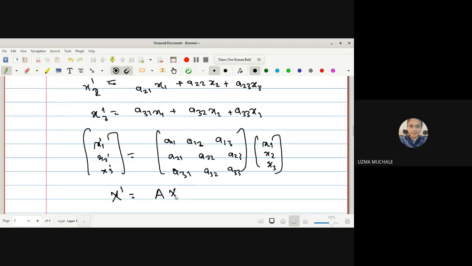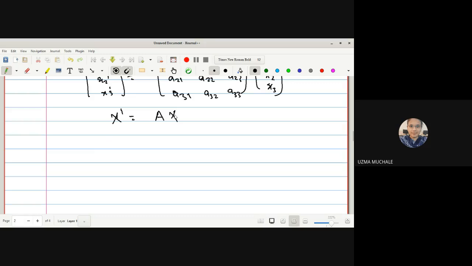What is A? A is a transformation matrix. What is a transformation? It is a transformation from x to x dash. So if I want to find out x dash, I must know what is x and this transformation matrix. Okay. Now